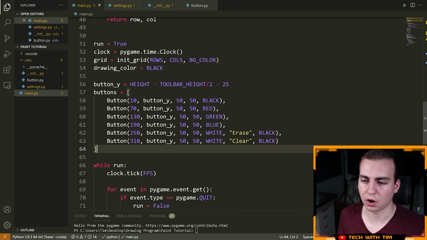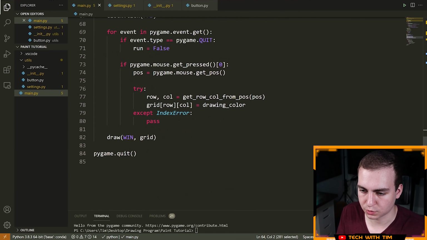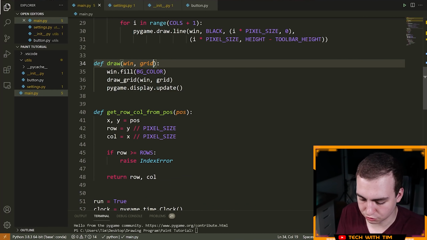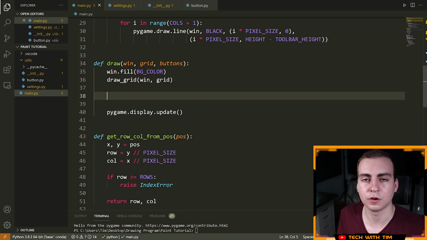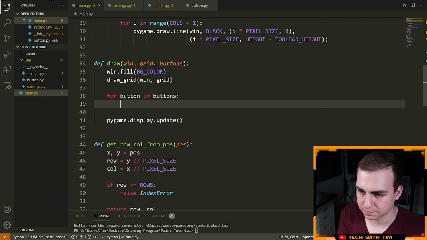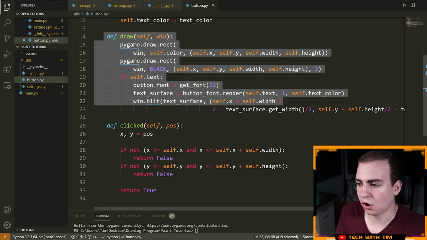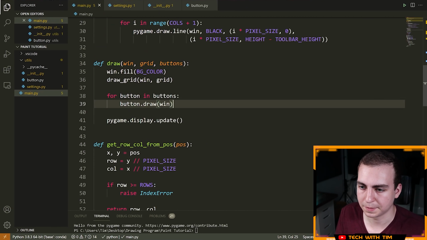So let's just start by drawing the buttons and just seeing what they look like. So we put them all inside of a list. So what we're going to do now is pass our buttons to our draw function. So we'll add a parameter here to draw. And what we're going to do is before we update the display, we're going to loop through all of these buttons and we're just going to draw each one at a time. We're going to say for button in buttons, button dot draw. And we need to pass our window, so we'll pass win. That's as easy as it is to draw all of our buttons. That's why having the class is nice, because now all of this kind of messy stuff is taken care of in a different place. All we do is just call the draw method, and there you go, our button is being drawn.